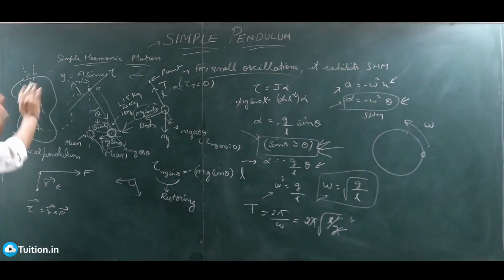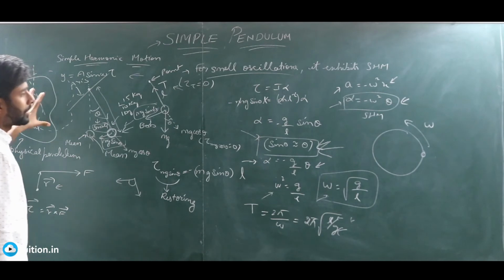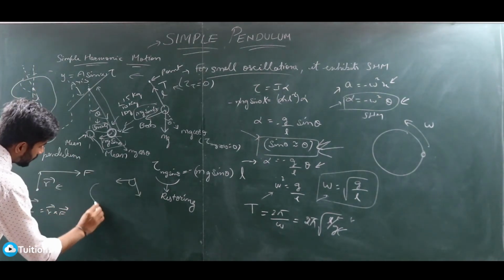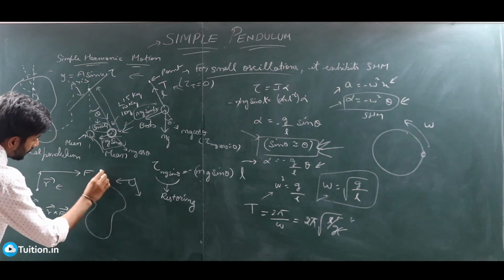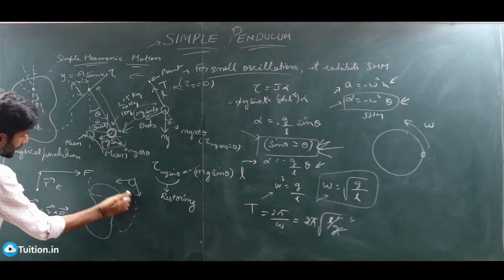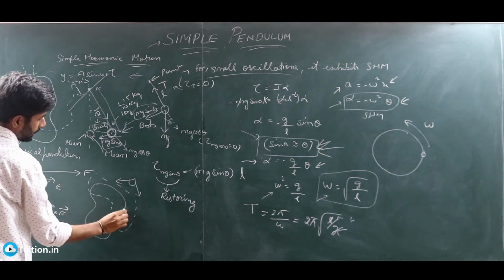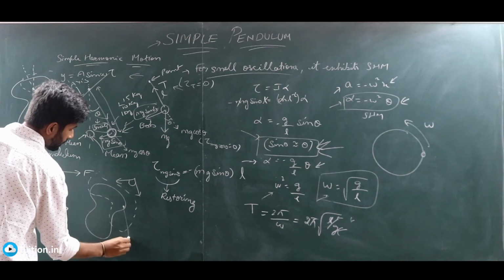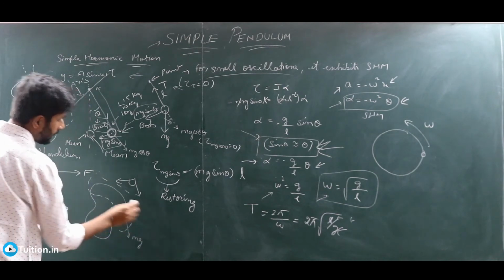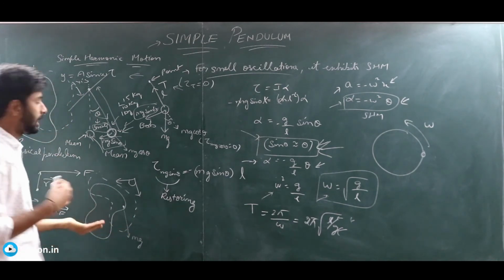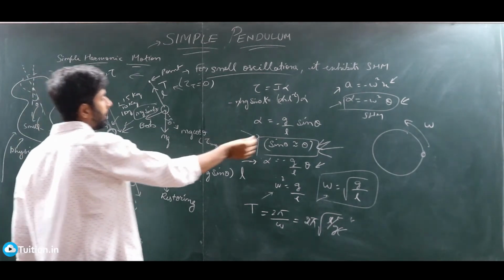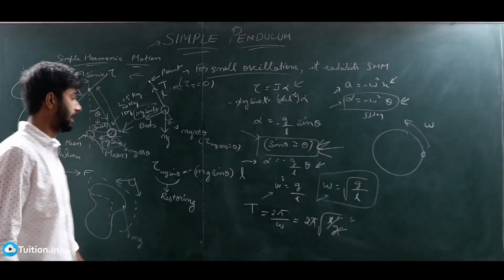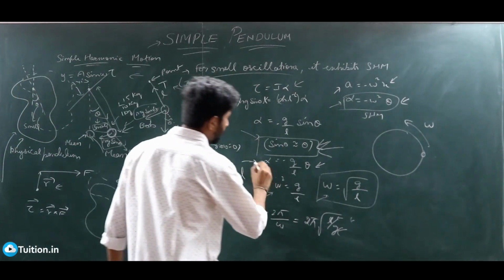In fact, the derivation for a simple physical pendulum also is on similar lines. What you do is you just displace it. You have the simple pendulum. You displace it by some angle theta, and then you calculate its center of mass from where mg will act, right? You calculate the restoring torque due to that mg, equate that restoring torque to I alpha, and then get this sort of a relation, right?